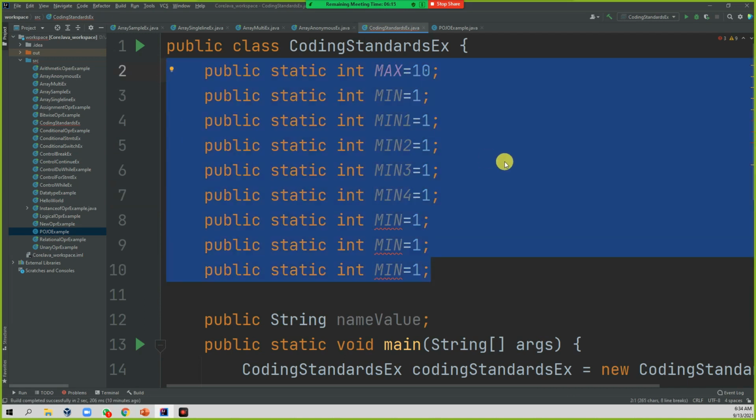If you put all these related constants in some other location and maintain them there, it will look good and be easily maintainable.